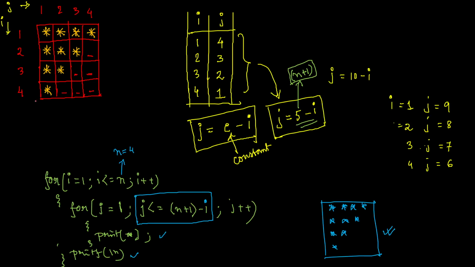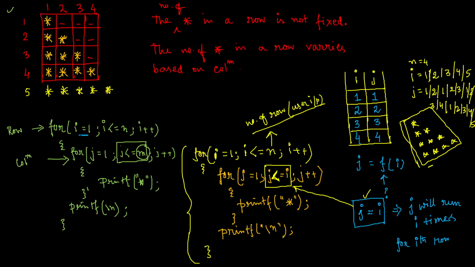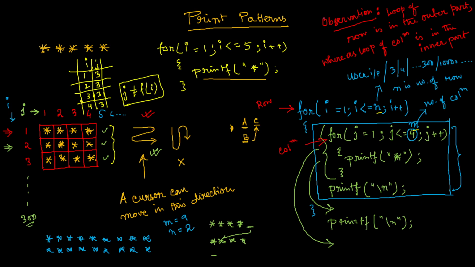The reason is that in the first row, when you are printing the star, you are not printing from the left end. In this case, we are printing every star from the left end. But here it is not true. Here every print is done basically from the right end, but you cannot start from right and go left. Your cursor always goes, again I'm telling you, in this direction, from left to right, top to bottom. So that means at the very beginning on the screen your cursor is blinking at the leftmost pixel.